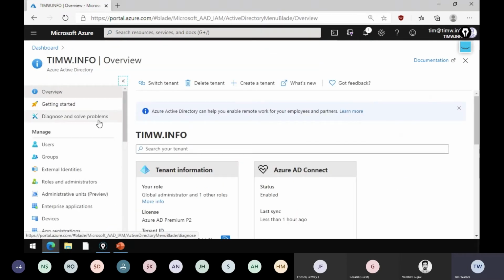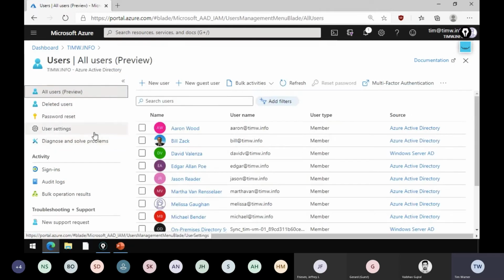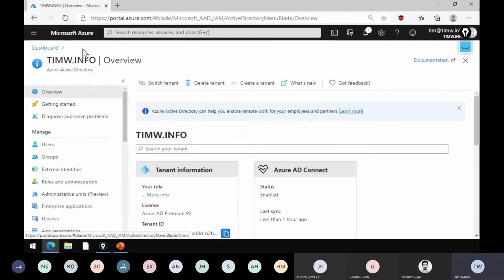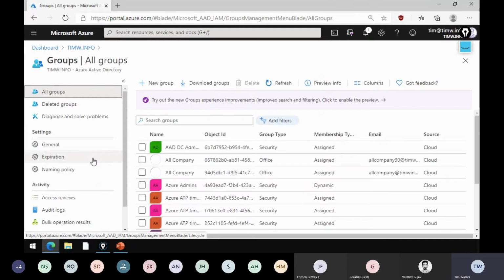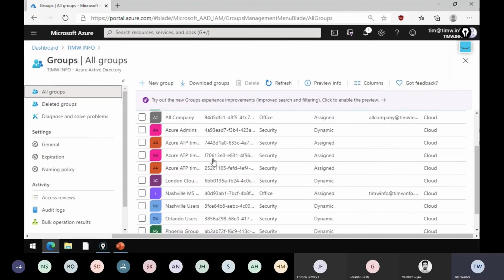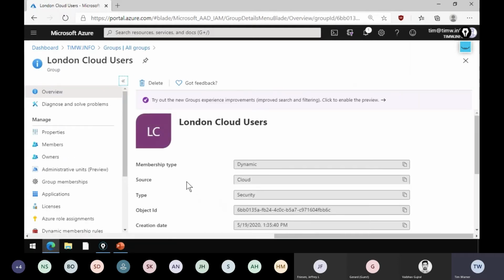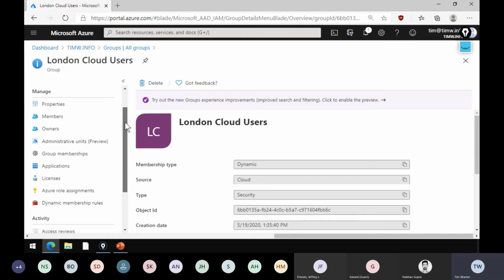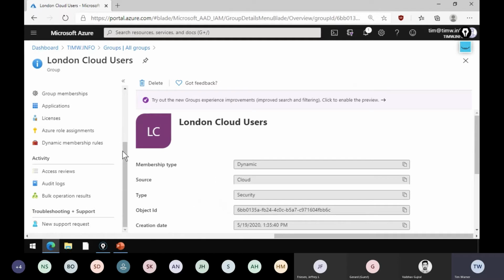So far we've been dealing with human beings, haven't we? Users and groups. There's a lot we could get into with users. And like I said, any questions, you hit me with them and I'll do my best to answer. About the Azure AD groups, what I wanted to show you here is the dynamic group that I think is pretty cool. You know, typically you create a group in Azure AD for the same reason you would in local AD, to organize users and to make access and authorization simpler. Same thing.